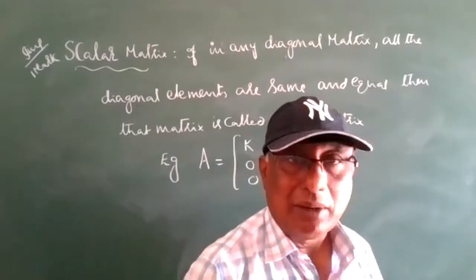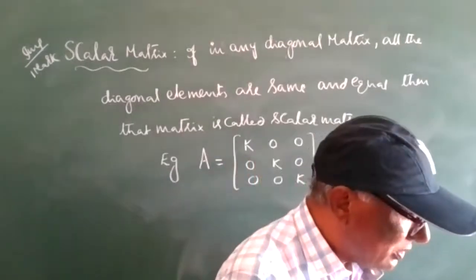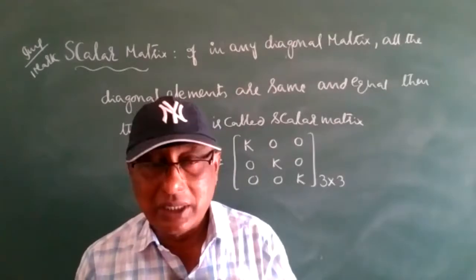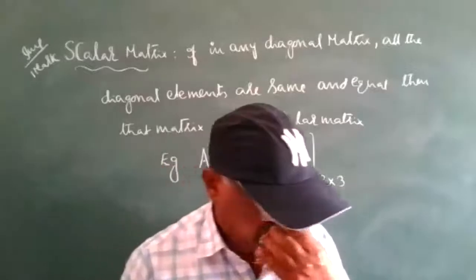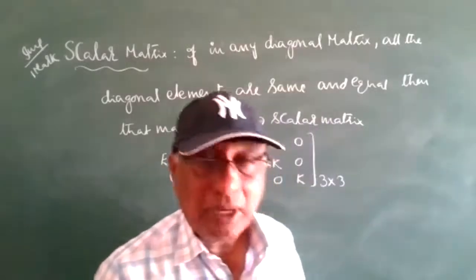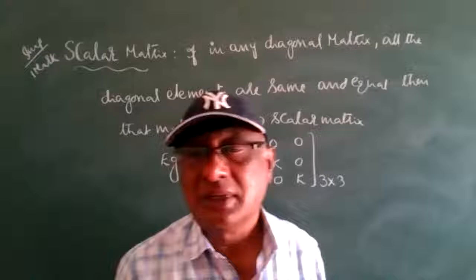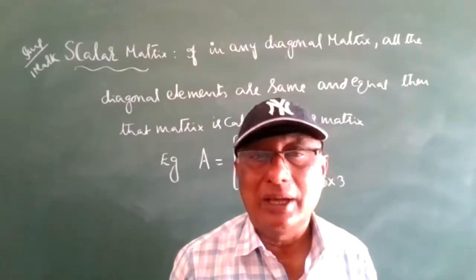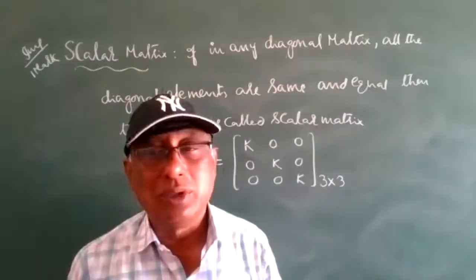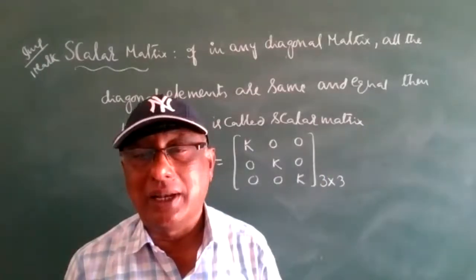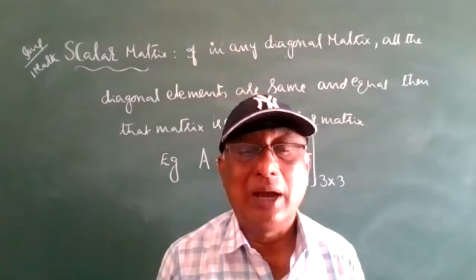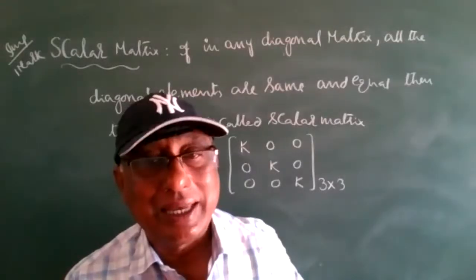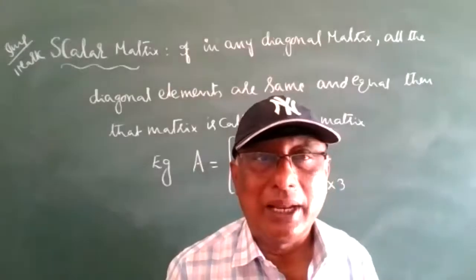The next point is the most important. The majority of the students are confused about this. What is the confusion? The identity matrix. The identity matrix has its own symbol. That symbol is I, capital I.